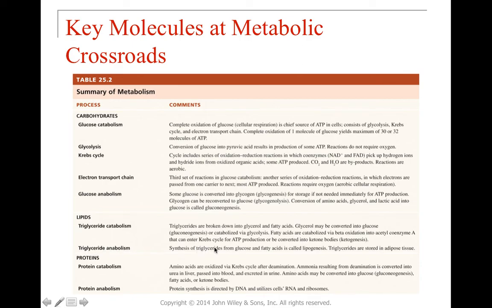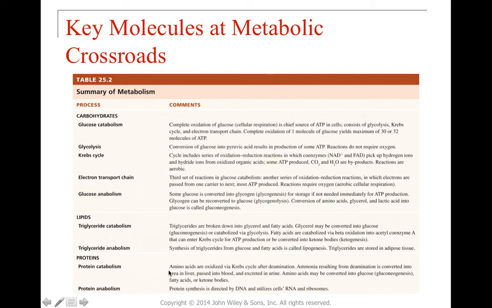So we can synthesize them from glucose and fatty acids, and that's called lipogenesis. And when we synthesize them, we then store them. Typically, we're going to store them in adipose tissue. Now, proteins are broken down and built up constantly because this is part of digestion, breaking things down into